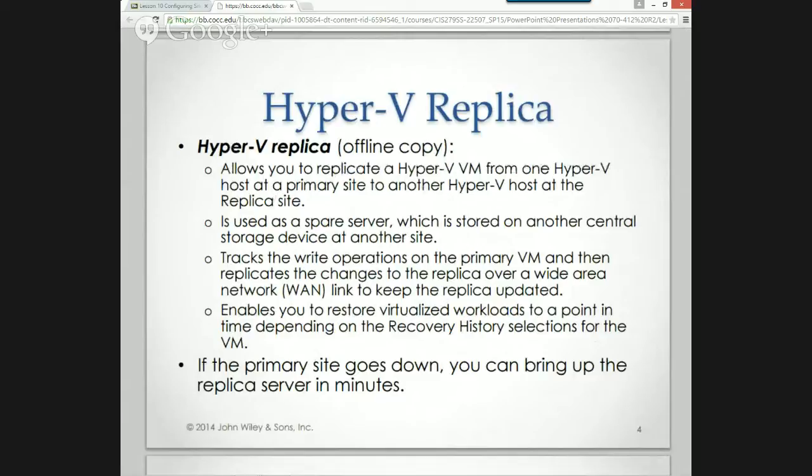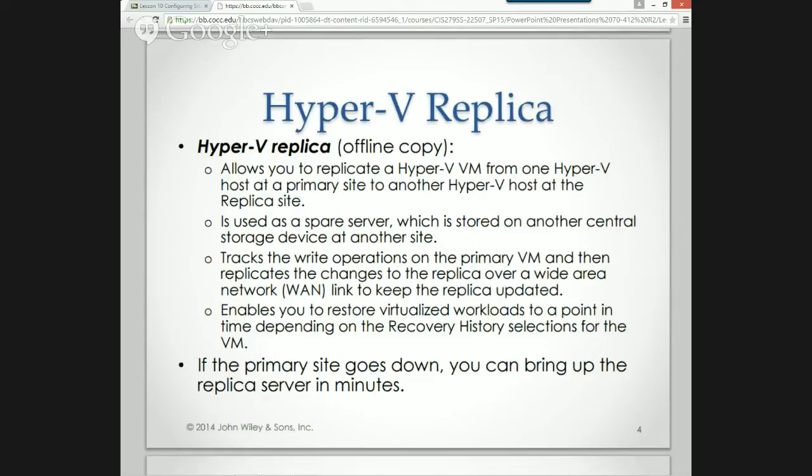So replica is an offline copy, which means a non-active copy of a virtual machine, used as a spare server, which is stored on another central storage device at another site. It tracks the write operations on the primary VM and then replicates the changes to the replica over a WAN link.